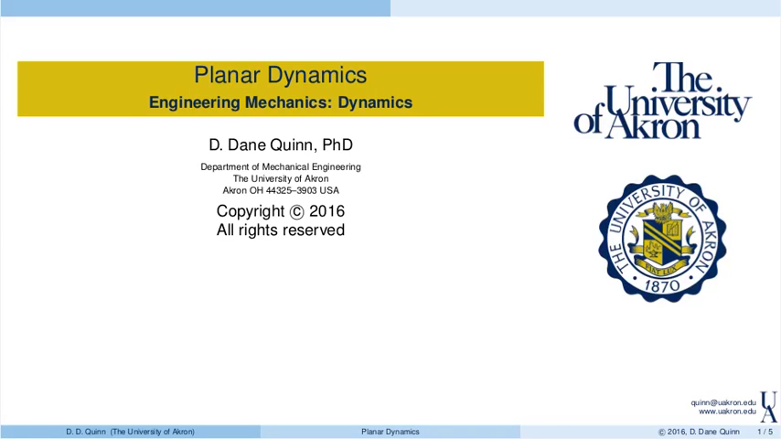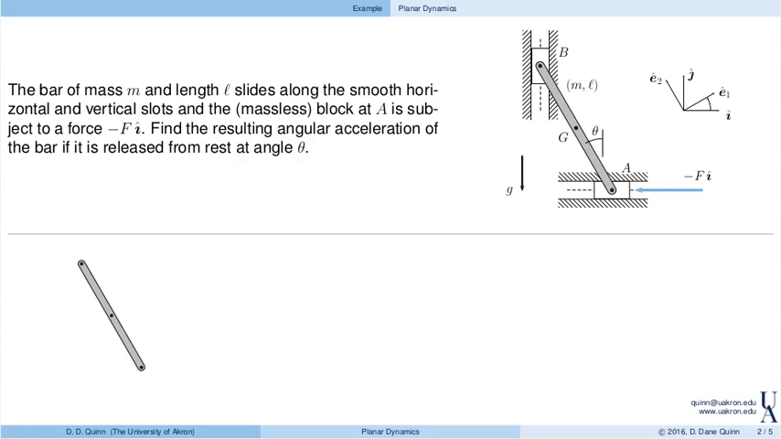Today I would like to do an example dealing with planar dynamics. So we have a bar of mass m and length L as shown in the figure. The point A is connected to a massless block and is constrained to slide horizontally in this slot, while the other end of the bar at B is connected to this massless block and slides vertically in the slot